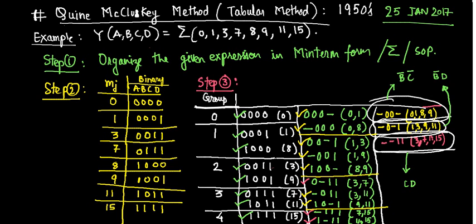For each and every table, the number of dashes increases, meaning the number of variables eliminated increases. While making those groupings, you make sure that you put a check mark there. That check mark indicates that the min term has been covered. Now whatever members have not been checked, you note them, and then go on to form the next table. In that table, you note all these groupings, the members which have not been checked, and also the min terms which have been covered by those groups. Okay. Once you note them,